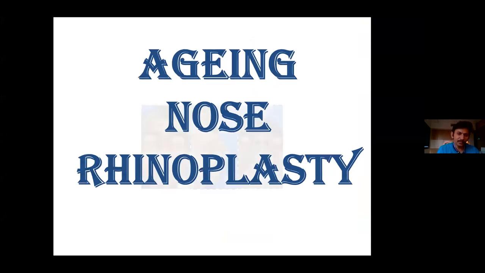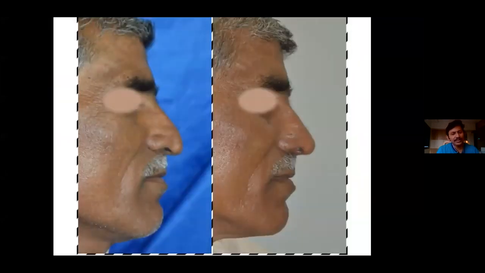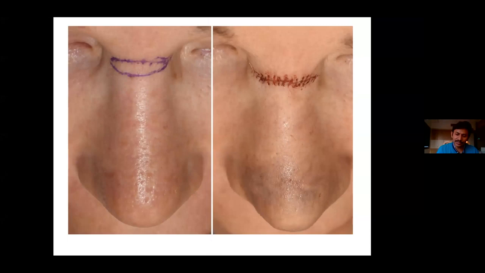Now coming to aging rhinoplasty, we've already discussed this case, that due to aging, the tip generally droops down, and you have to do a surgery for breathing difficulty. At times, because of tip drooping due to aging, if the patient has other ailments and is not fit for general anesthesia, then you may do a minimal surgery under local anesthesia. You may just excise a wedge of skin in the radix area.